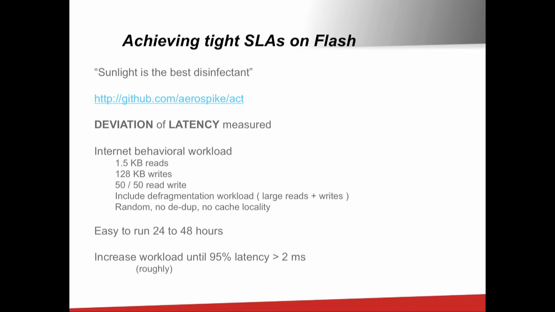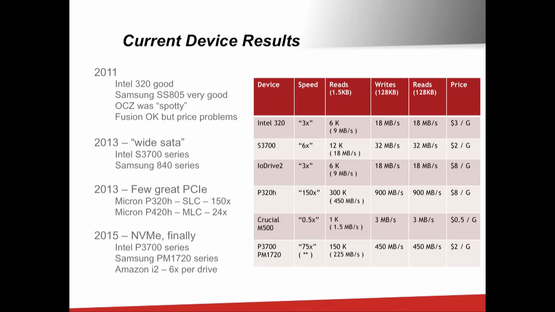Now, Aerospike has been working closely with device manufacturers because the problem of low SLAs has not well been tested within the industry. They typically talk about transactions per second, IOPS per second, random reads and writes. What you actually want is the kind of testing that shows what the SLA is over time. So here's a quick look at where we've come to and now where we are in terms of the amount of performance that we can now achieve.